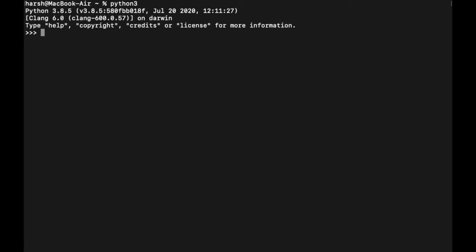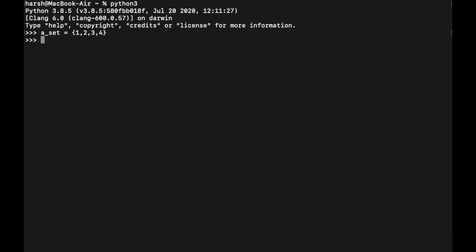So let's dive into the code and see how to declare a set first of all. We know that to declare a list we have to use square brackets. To declare a tuple we will have to use round brackets or parentheses. To declare a set we will have to use curly brackets, and whatever comma separated elements are stored in it will be part of our set. Let's say I am storing numbers 1, 2, 3, 4. I have 4 elements in my set.